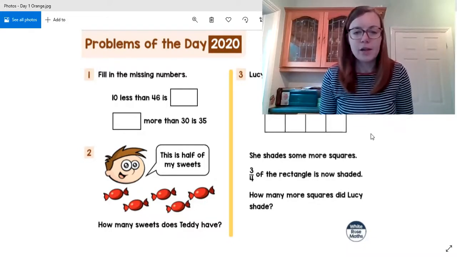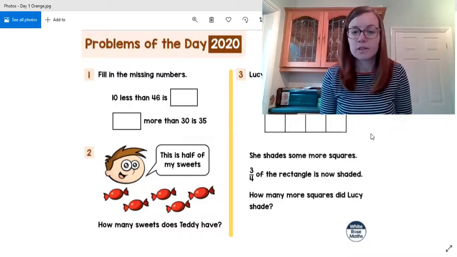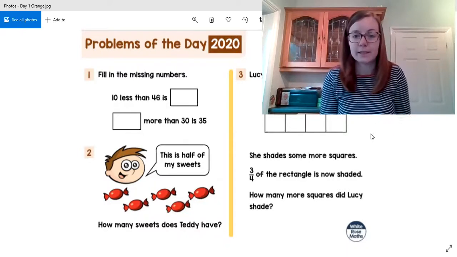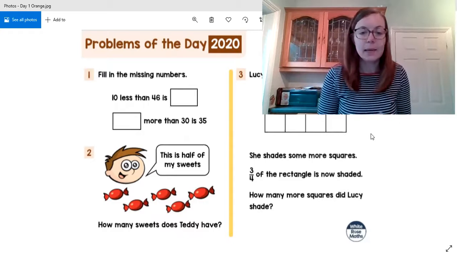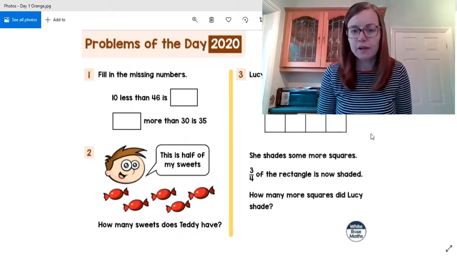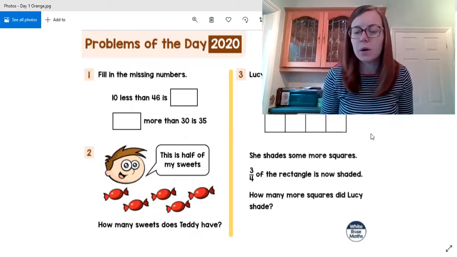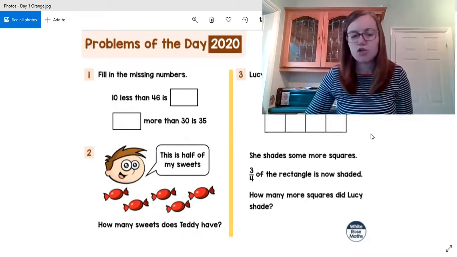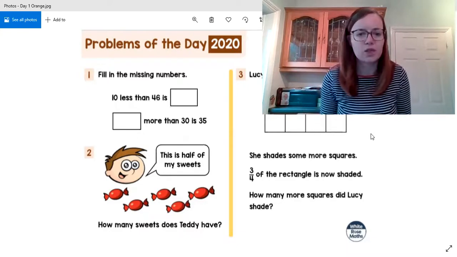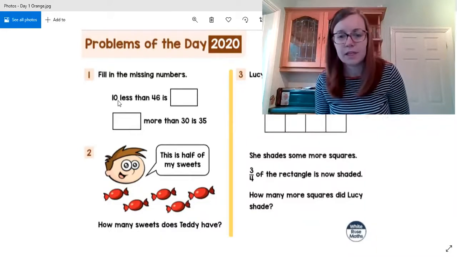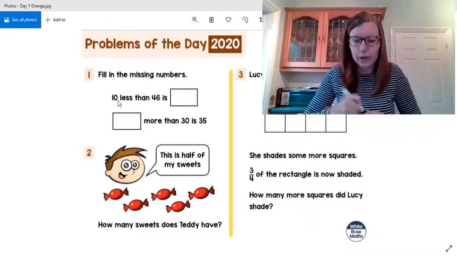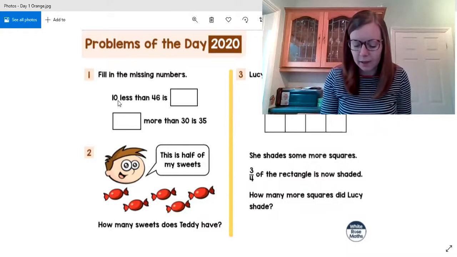So let's have a look at question number 1. Asks us to fill in the missing numbers. And it says that 10 less than 46 is blank and blank more than 30 is 35. Well, there's a couple of ways to go about this one. We could think about using our number lines. So we know in that first question, it says 10 less than 46. And we know that less than means getting smaller. So I could draw 46 at the end of my number line,